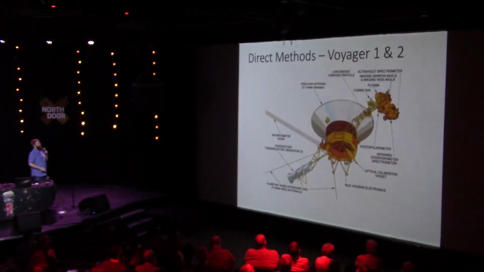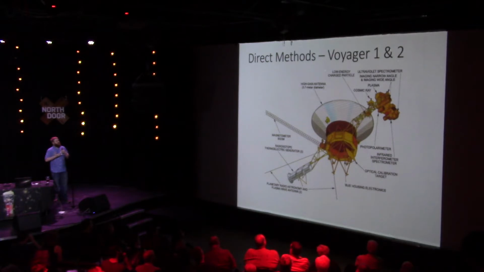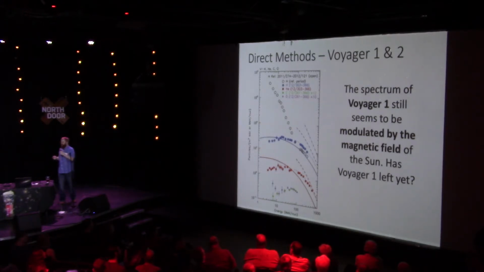The other way that we can detect cosmic rays is directly. One of the more famous instruments that did this was Voyager 1 and 2, where their cosmic ray units were all here. What Voyager does is directly detect the particles hitting its instruments. A little while ago, a press release came out saying Voyager has left the solar system, and I think there was an Astronomy in the News about that as well. Unfortunately, it looks like it has maybe not fully left the solar system. The way we can detect that is by looking at the spectrum that it measures in cosmic rays.